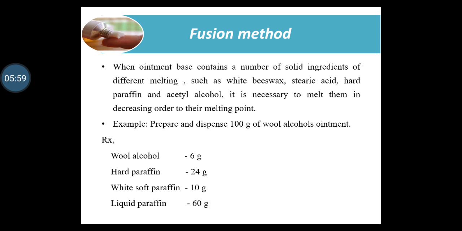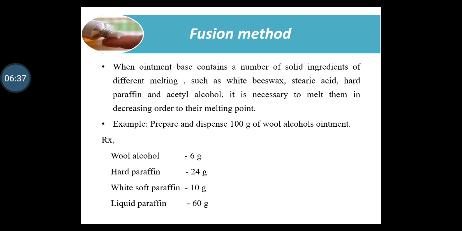Sometimes, due to rapid cooling of melted mass, the waxy solids separate out from the ointment and a uniform product is not obtained. In order to produce a uniform product, it can be remelted over a water bath and again stirred until cold. In order to remove the dust or foreign particles from the melted mass, it is strained through muslin piece or muslin cloth. The example of such type of ointment is